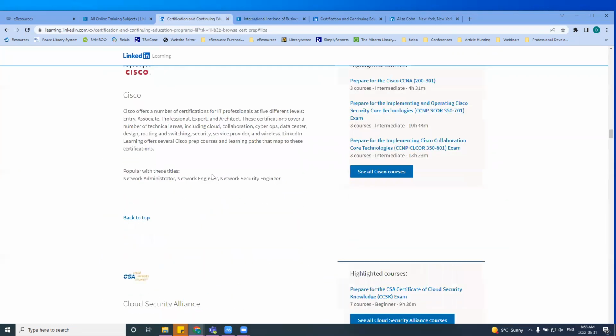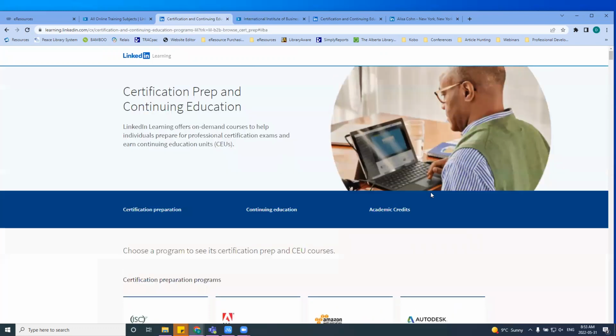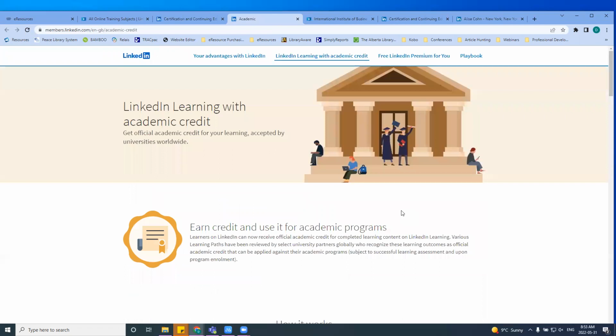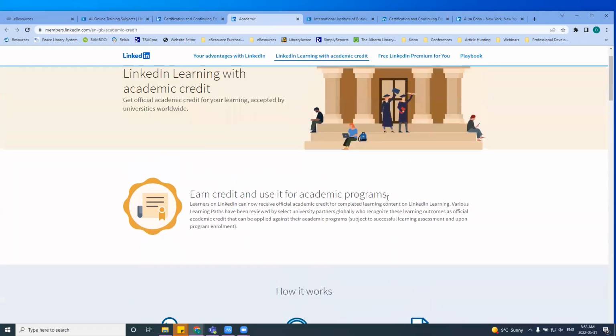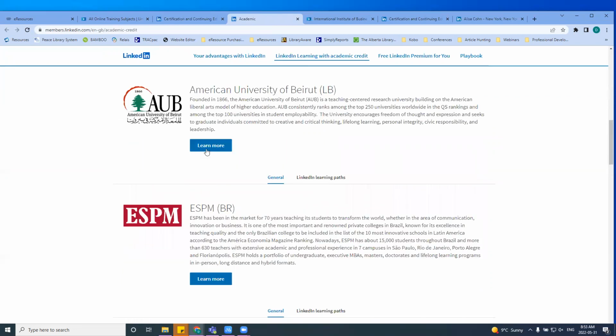All right, and the last section of the certifications is academic credits. So there's a select few post-secondary institutions that are partnered with LinkedIn, in which you can take a course on LinkedIn Learning and it'll count as credits to that post-secondary institution, which you can use towards completing your program or